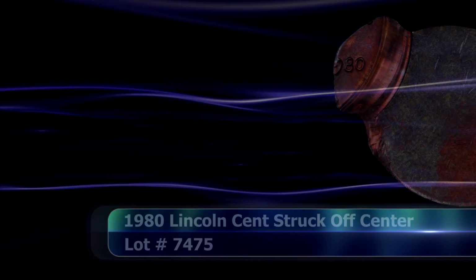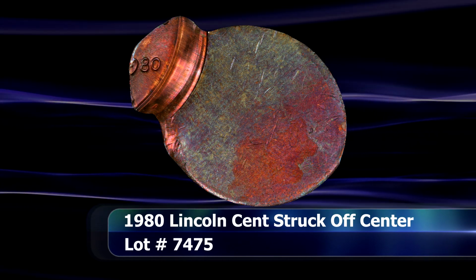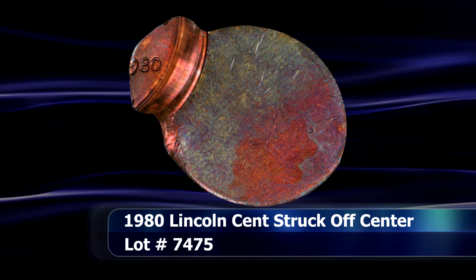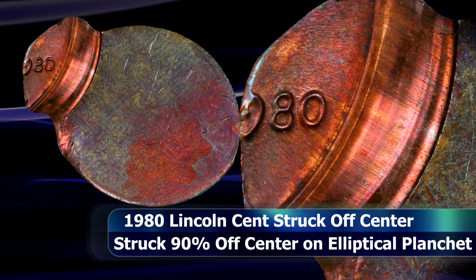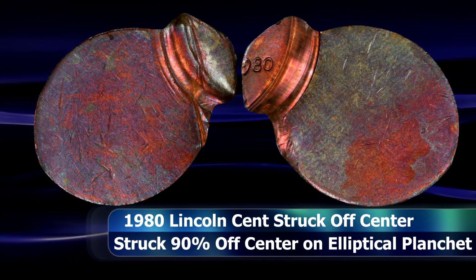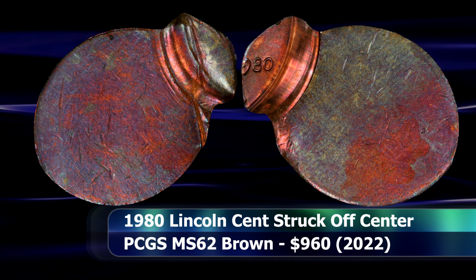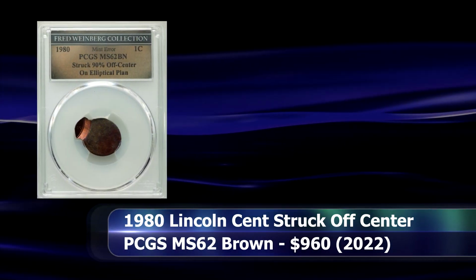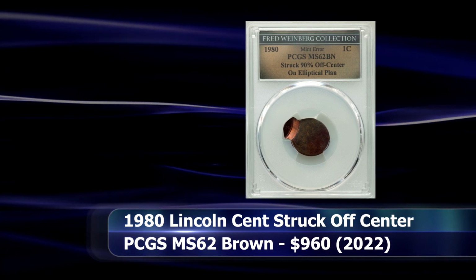$2,400. Or how about taking that even one step further for a double error of sorts? A Lincoln penny from 1980, as luck would have it, that is practically the only design element that still remains on the planchet for this coin. Not only struck practically 90% off center, but also struck on an elliptical planchet to boot. This coin is in a PCGS slab with a grade of MS62 brown, and by auction's end it had sold for the sum of